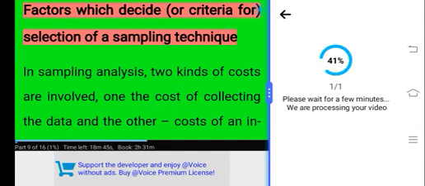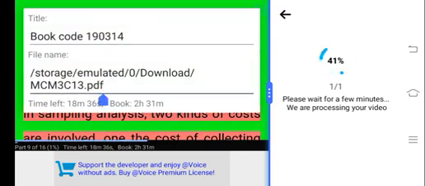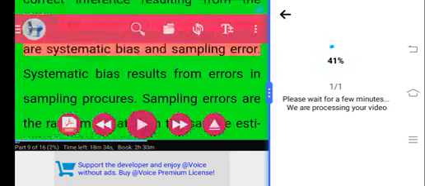Factors which decide the criteria for selection of a sampling technique. In analysis, two kinds of costs are involved, one the cost of collecting the data and the other, the cost of an indirect inference resulting from the data. The cause of indirect inference